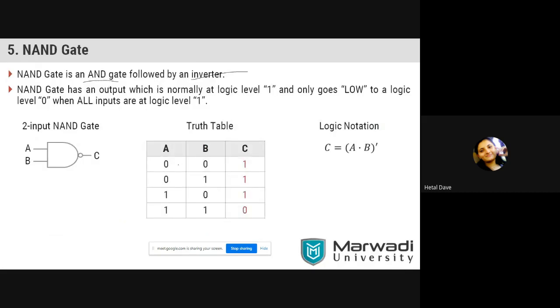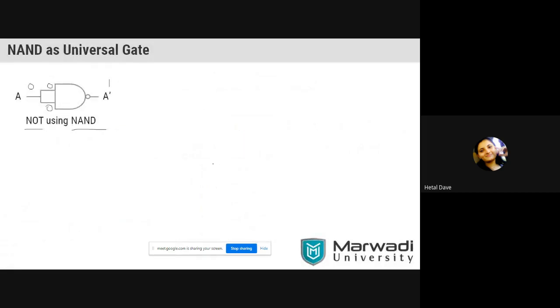If both the inputs are 0, the output is; if both the inputs are 1, the output is; please remember the truth table because we need to verify it. That's why I covered the truth table first, so whenever I ask you, you must have the answer. So here, let's say A is 0, so both inputs of the NAND gate will be 0. If both inputs are 0, the output will be 1. Reverse case.